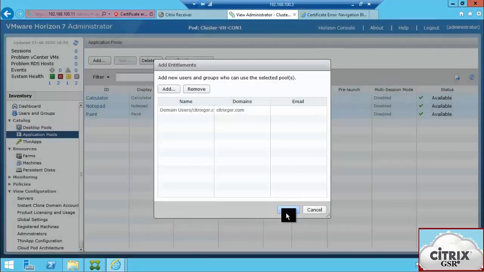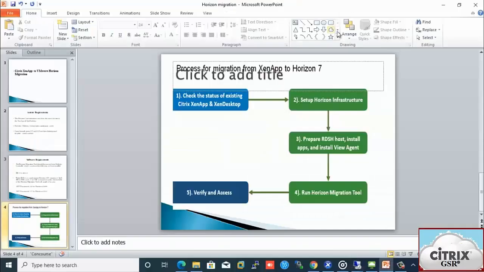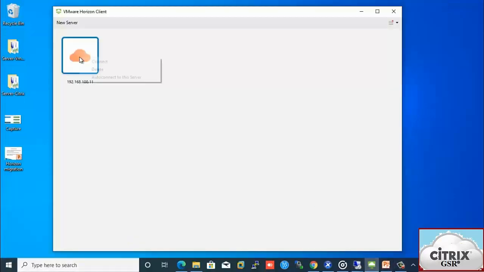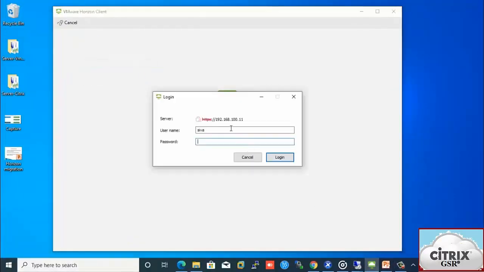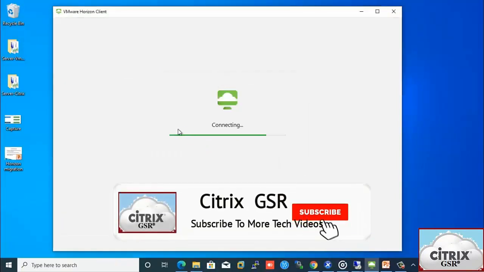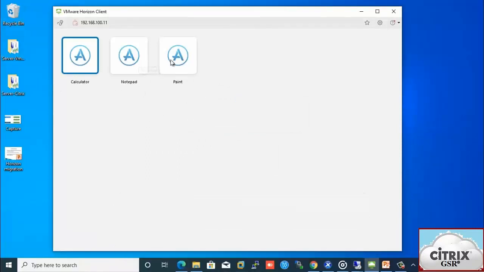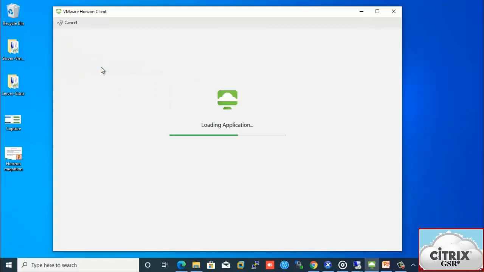Click OK. So we have migrated 3 applications, Calculator, Notepad and Paint, and we have given the domain users access to these 3 applications. Just try to launch the applications and check whether we are able to access them or not.